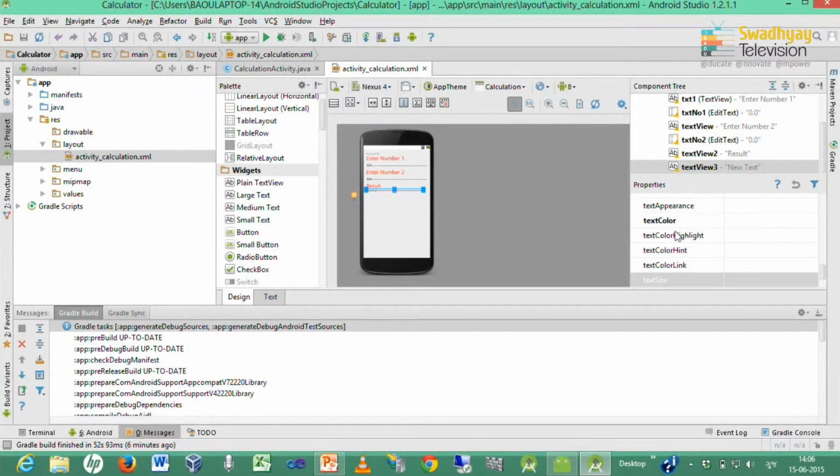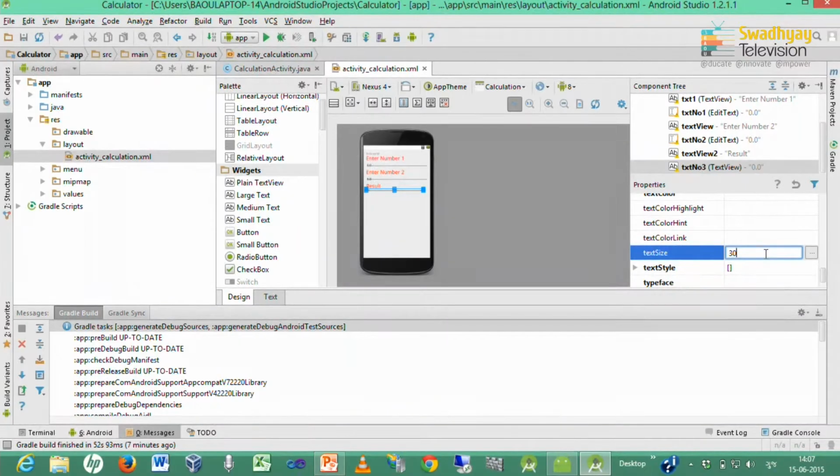So here we set the result to 0.0 and set its ID to txt no3. Again we want to change its size to 30. So here write down 30.